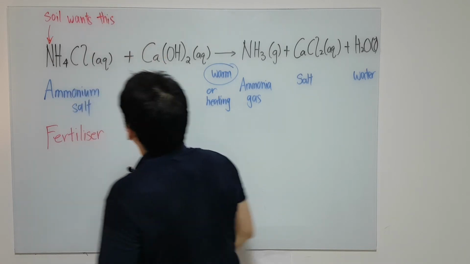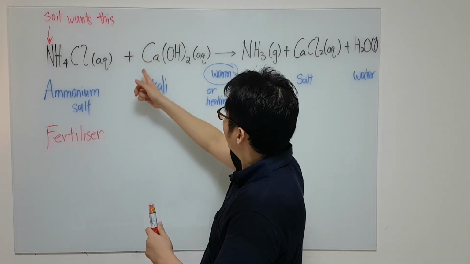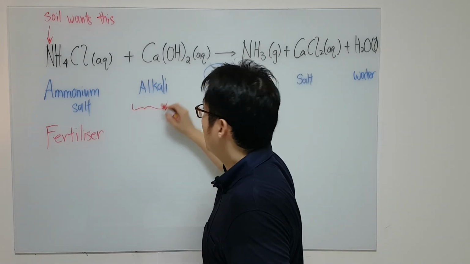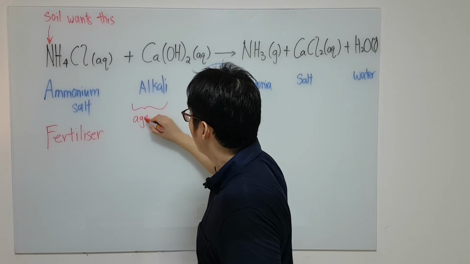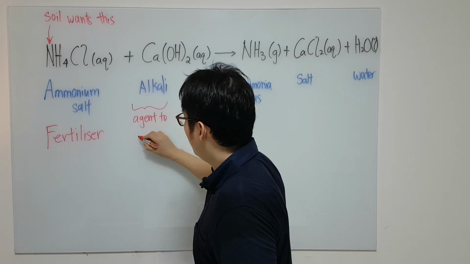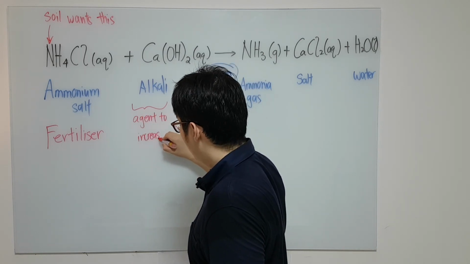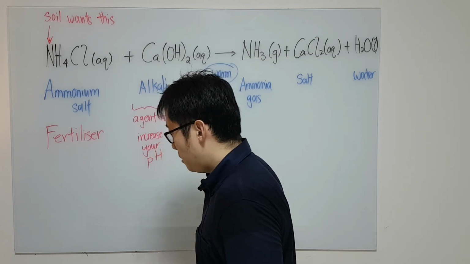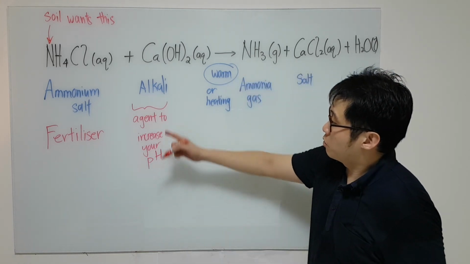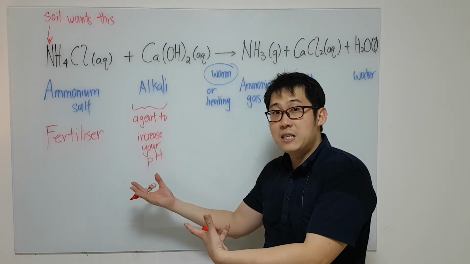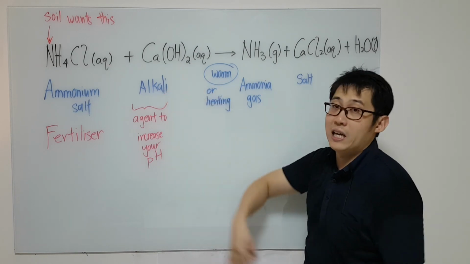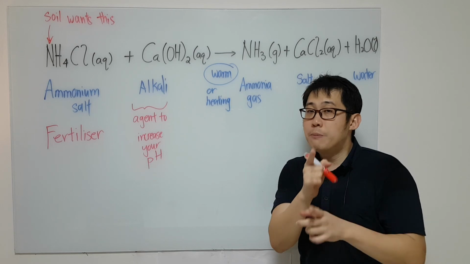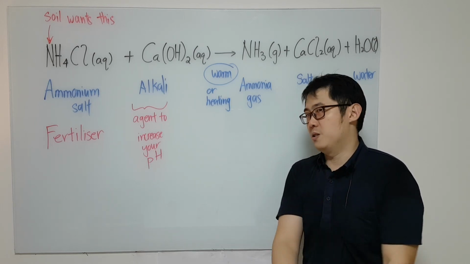However, an alkali, in this case especially calcium hydroxide, is actually a very good agent to increase your pH. So if you're going to add fertilizer and then add another alkali just to increase your pH to grow particular crops,